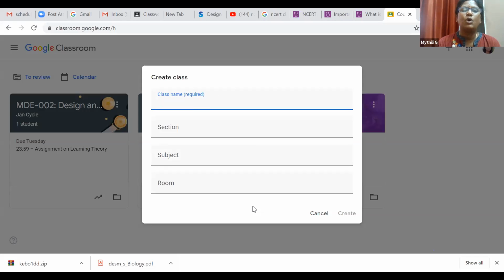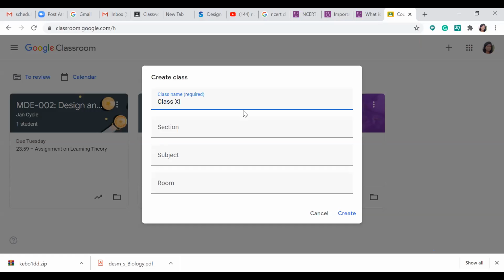I will create the class for 11th standard biology so that you come to know how you can create classes also. I will name it class 11, because class 11 has many subjects, and then biology.